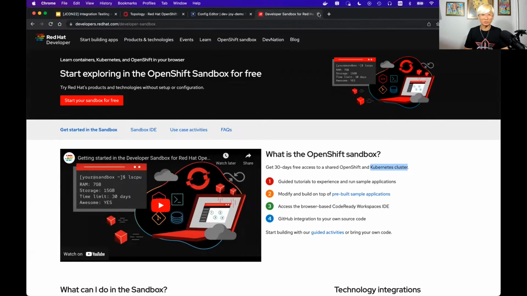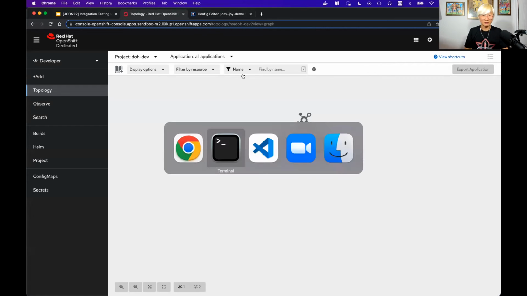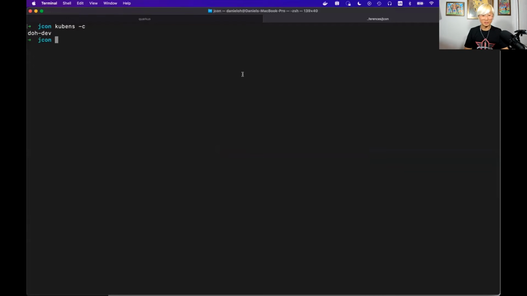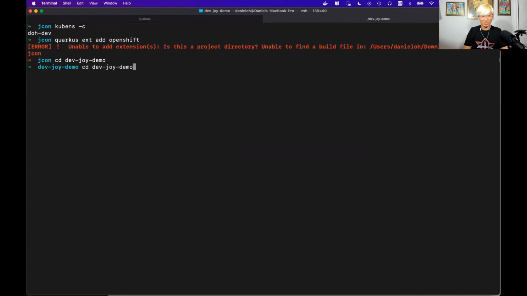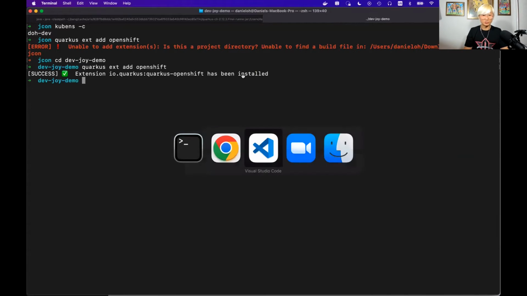So I'm going to use this one today. And then, in order to deploy my application, I need to add the OpenShift extension, which allows me to package this application and deploy it to Kubernetes. So let's try to add